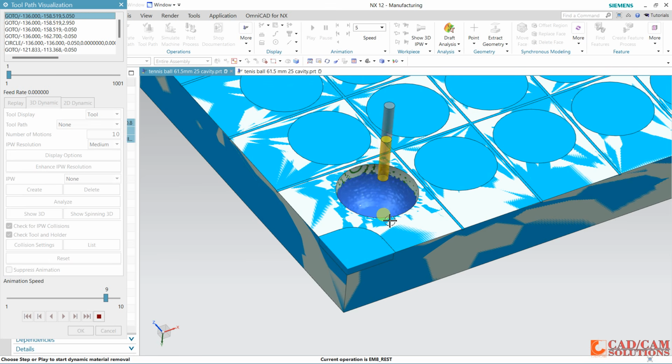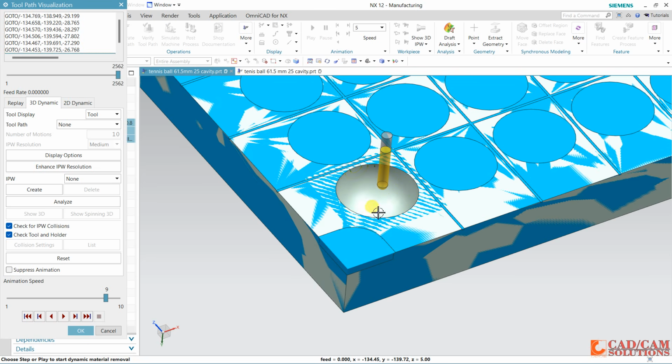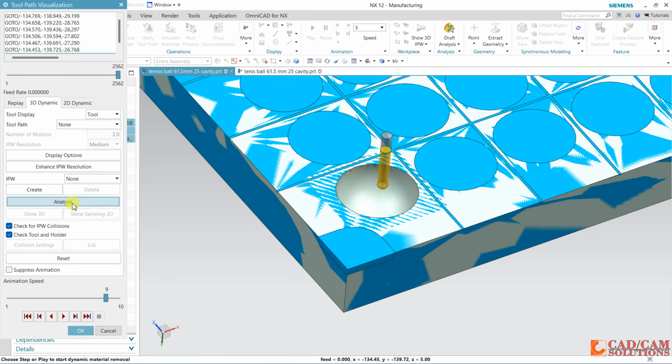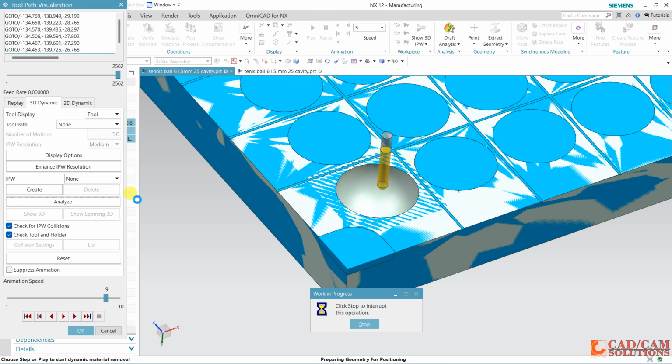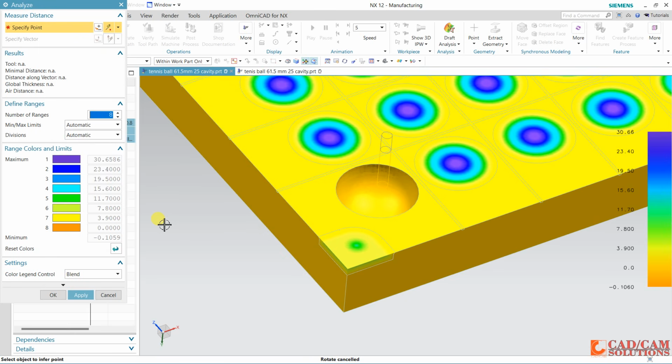Now second operation, and the finishing operation. Now if I want to check it, I can go with this analyze. See, this will show you the material left over this pocket.